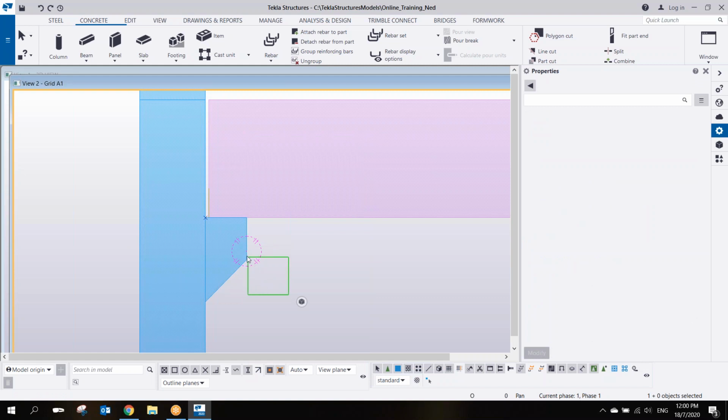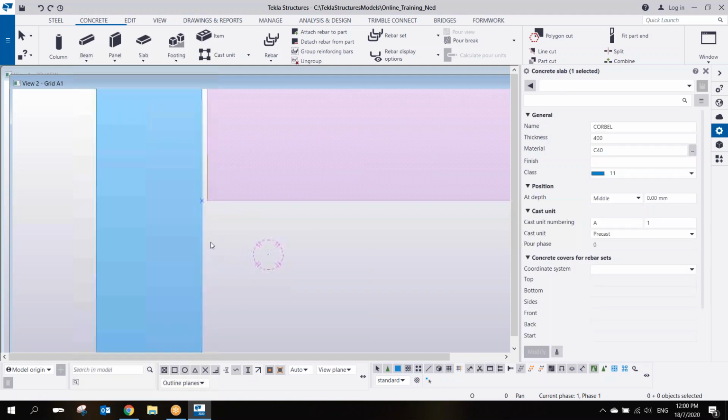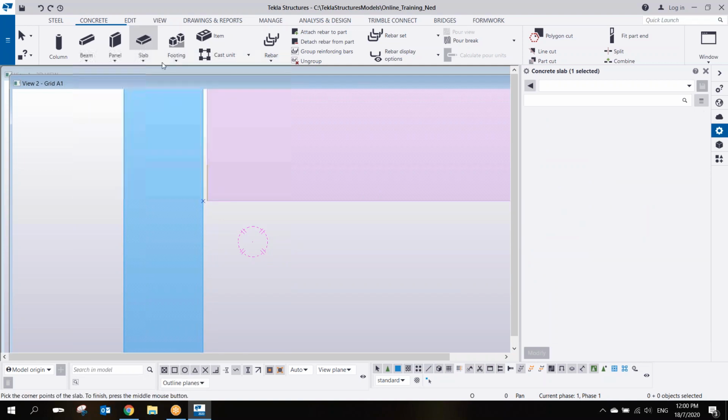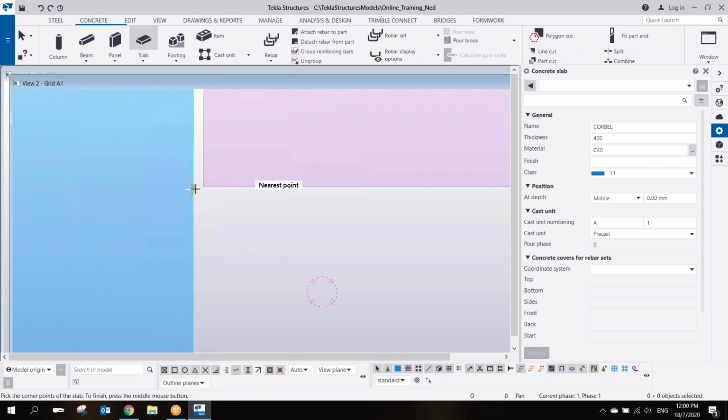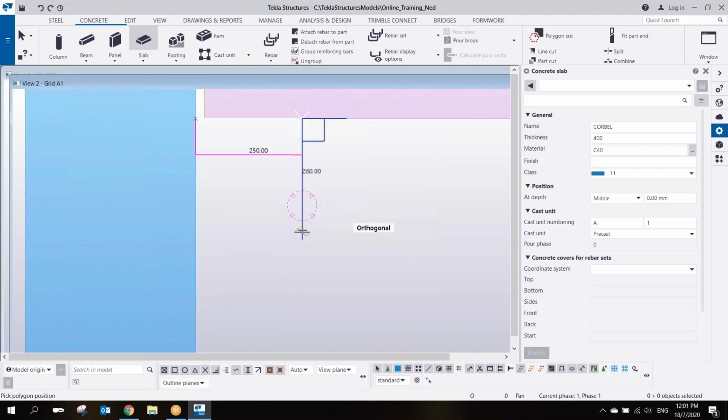Now, Devin wants to repeat. So I'm going to repeat the corbel. So using the slab, I guess this is what you want, using the slab. So I have the point here, 1. And then here I can type here 250, type 250 on. Okay. So then go back, go down 250. And then here,